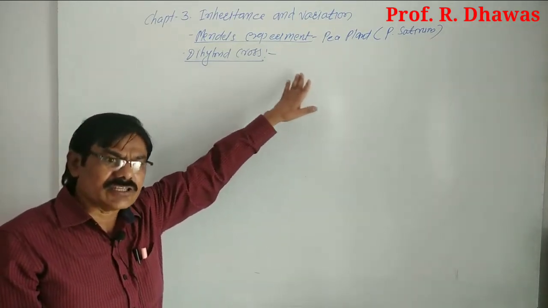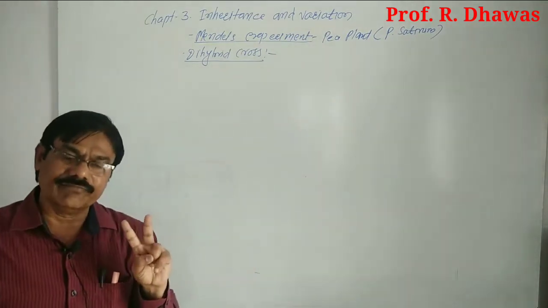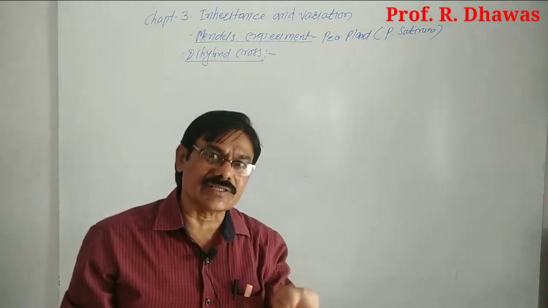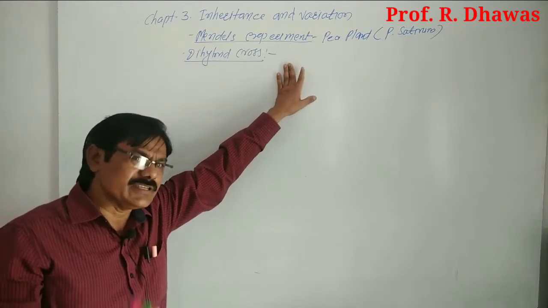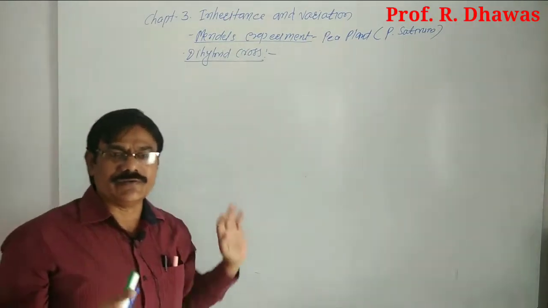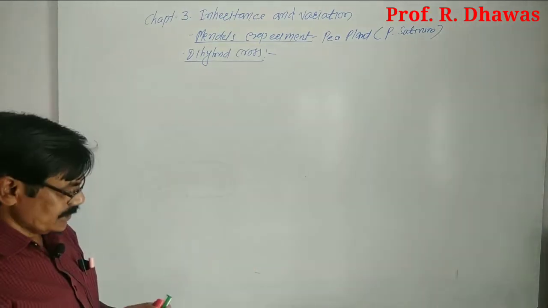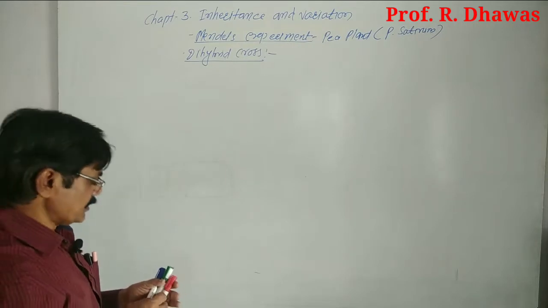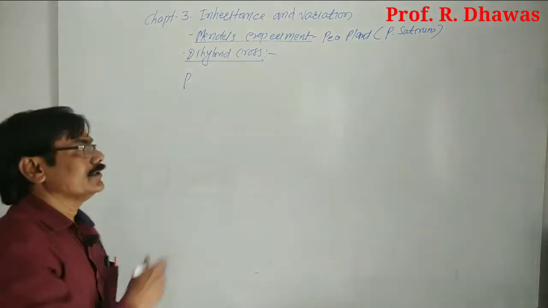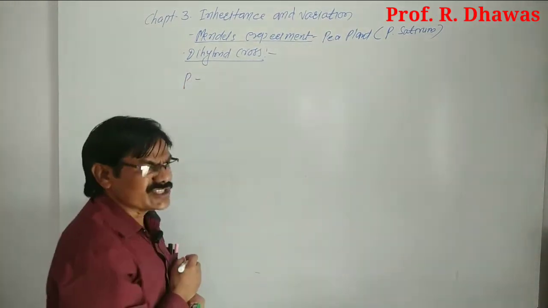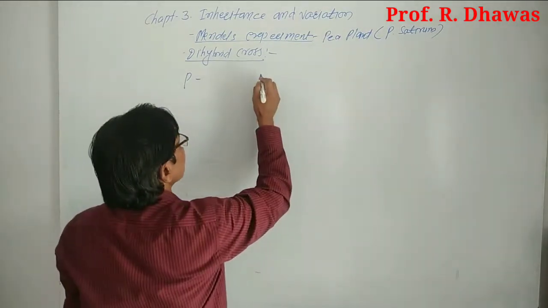The dihybrid cross is defined as a cross between two parent plants, one male and another female, having two pairs of contrasting characters each. Simply, a dihybrid cross means a cross between two parent plants having two pairs of contrasting characters. Out of the 7 pairs of contrasting characters, we consider any two characters from a parent plant, suppose the seed characters. In the seed character, we know the two characters from the dominant side are round